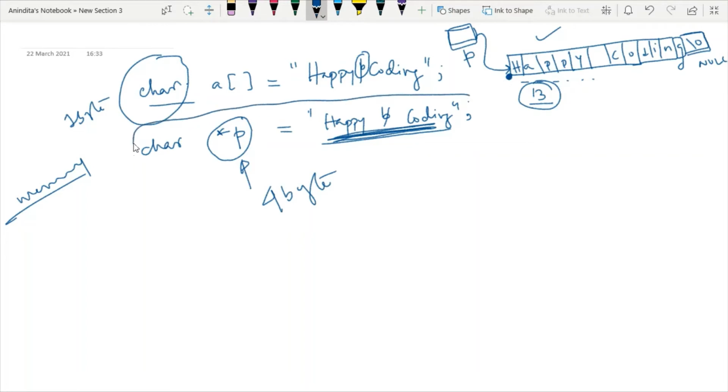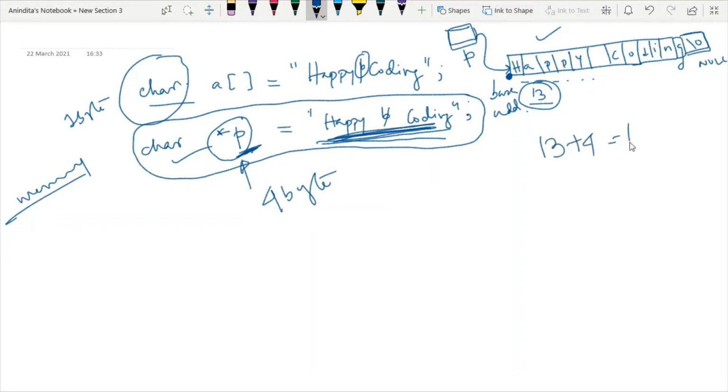So after writing this line, this pointer will hold this string by pointing to the base address of the array. And for this pointer, additionally I need 4 bytes. So how much memory space is required? 13 plus 4, that is 17 bytes are allotted for this syntax.